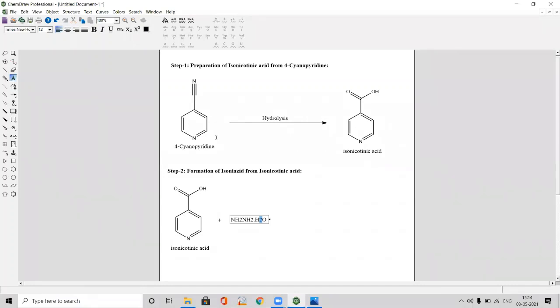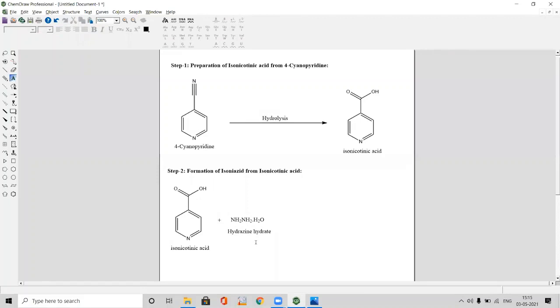So for that we will select the numeral 2 and click the subscript icon, so it will be moved downwards. Same way we will do for the remaining things also. So now we have written hydrazine hydrate. Now the name of this compound we need to write. So again click the text button and write down hydrazine hydrate as the name of the second reagent.